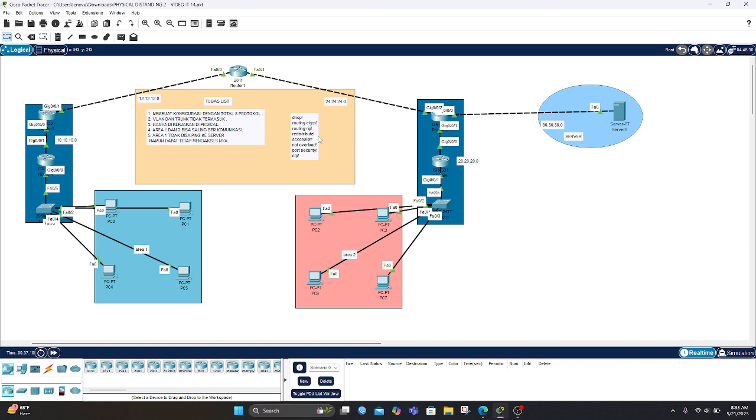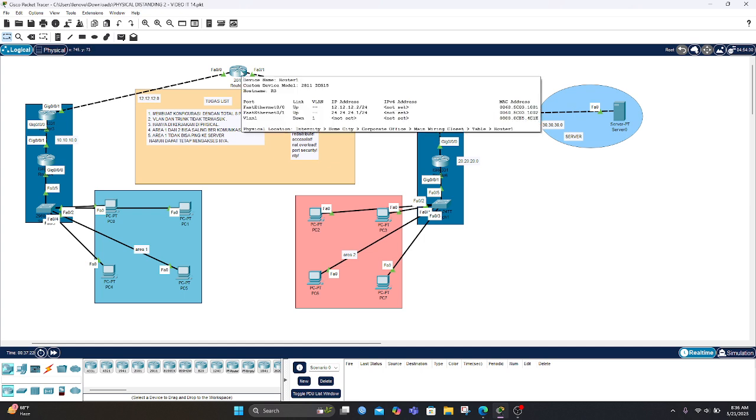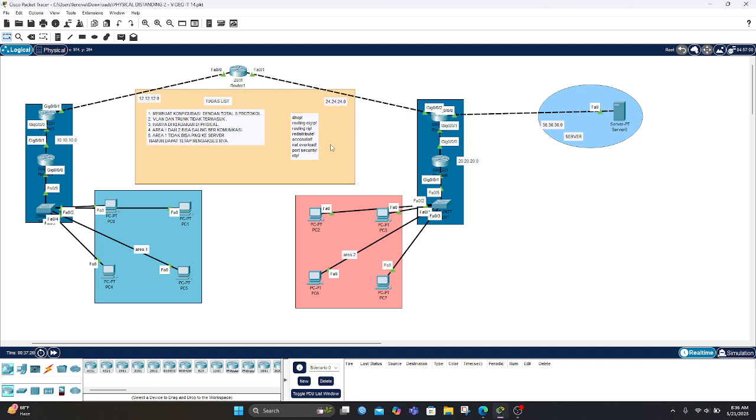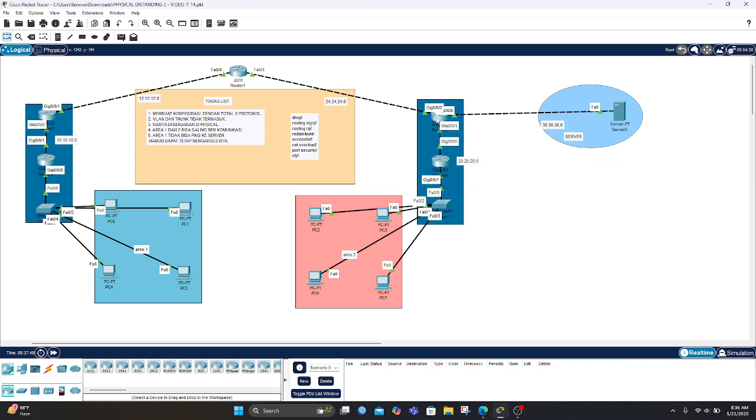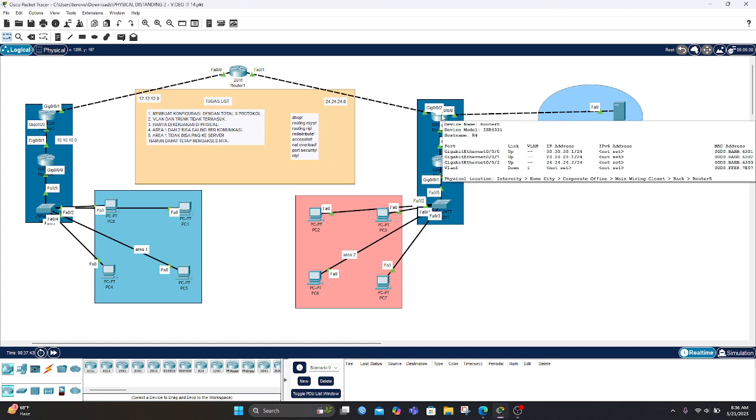The redistribute is for combining or connecting from AGRP to RIP. I make the redistribute in router 3. The access list is for RA1 to connect to the server, and the access list configuration is only in router 4.